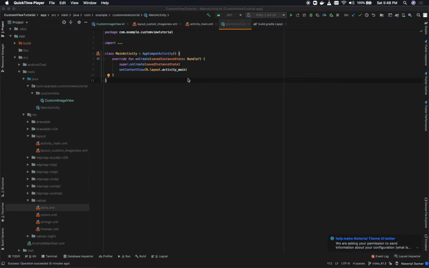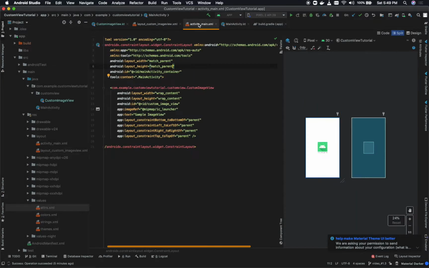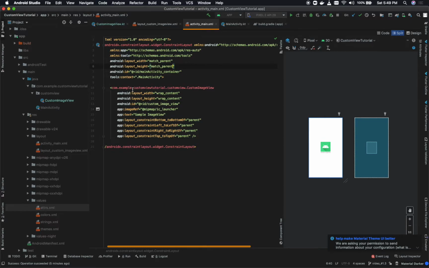So in order to do that, the first thing first, what are attributes? If you go into this layout for this activity main, all these things that you see, that layout width, layout height, ID, all these are different attributes. Now if you see that when I have used this custom view in my activity main layout, there are two different image ref and text. These two are not associated with the normal attributes that we see, which are associated with the app or your tools namespaces.